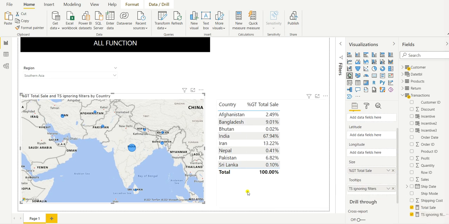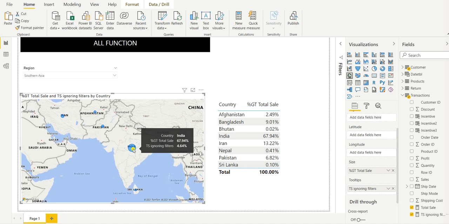If I hover, it should show both the percentage sales. If you remember, the initial India sale was 4.64, which was against the total sale of all countries, and it is also showing the filter wise percentage, which is for Southern Asia.